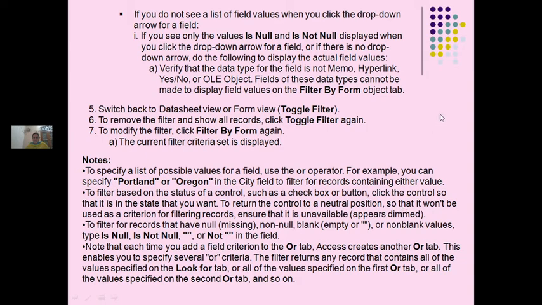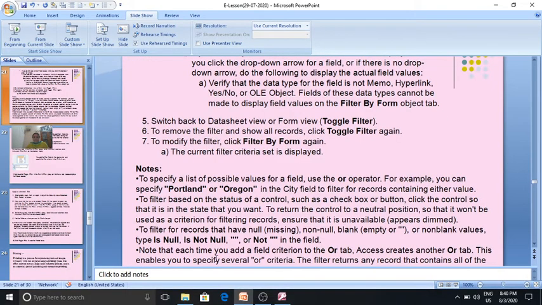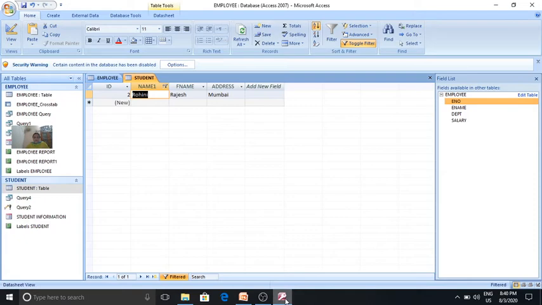Okay, let us move to the next one. I'll show you practically by opening Access and opening the employee table here.